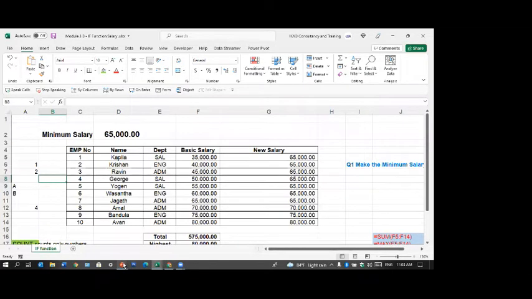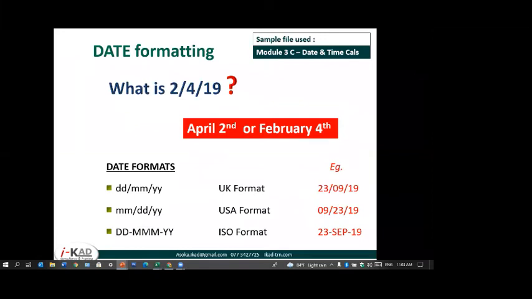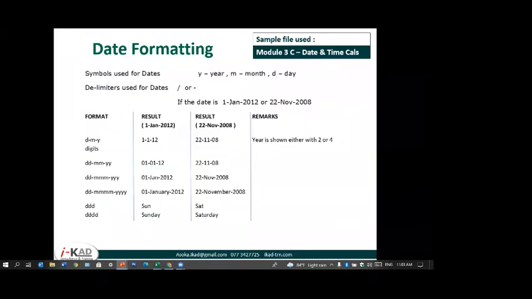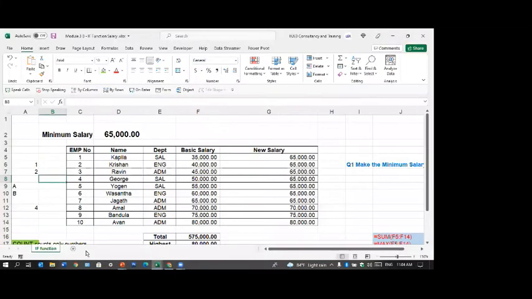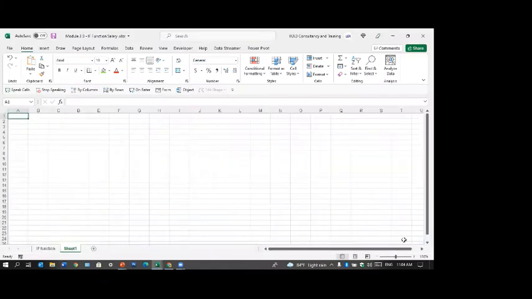Okay, so that's functions. We'll conclude the functions with that, and let's move on. Date formatting. It's very, very nice, the way you can format the dates. I'll go to a new sheet. If I put a date here, let's say 1st January 21, and with the fill, if you drag, what happens?